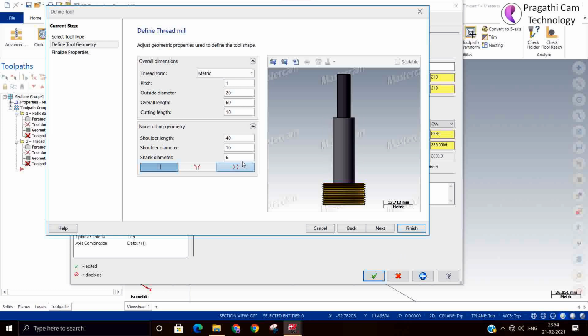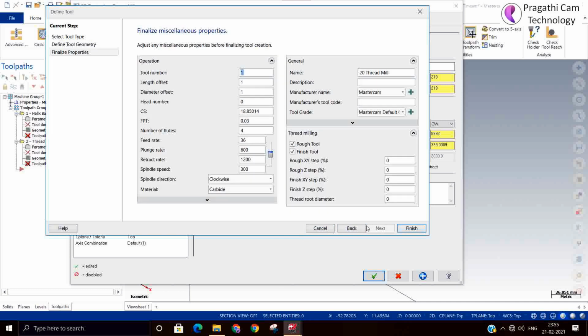So that the shank also will keep 10. So the tool, whatever you have, the same thing you can make here by giving the parameters. So it's nothing but your 0.5, number of loops. You can give the feed rate, spindle speed, all the things.